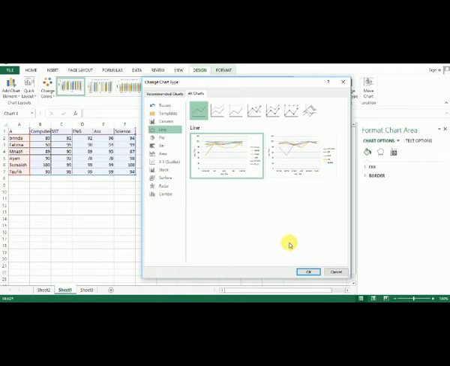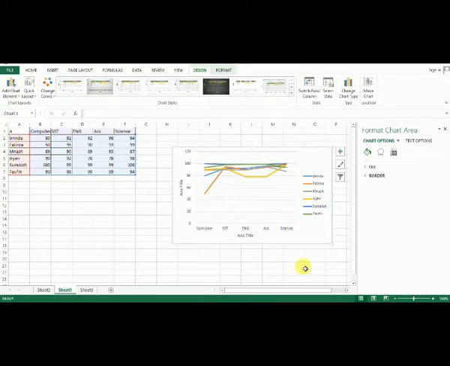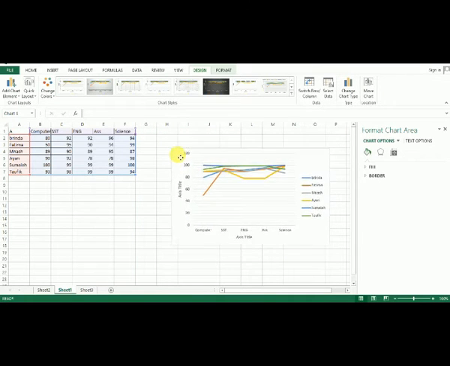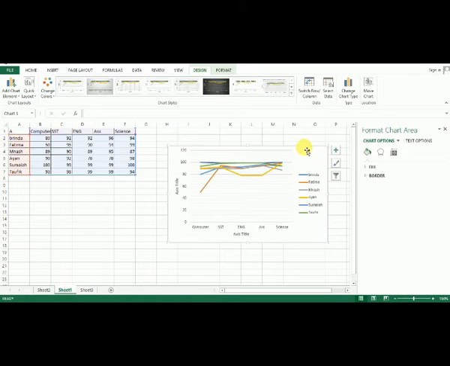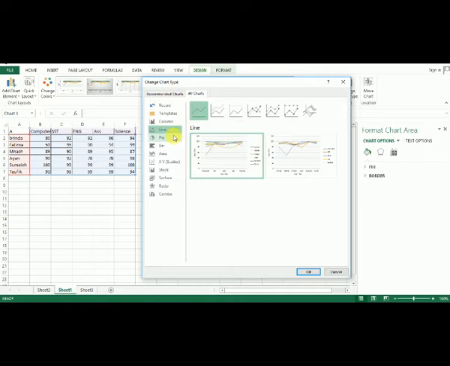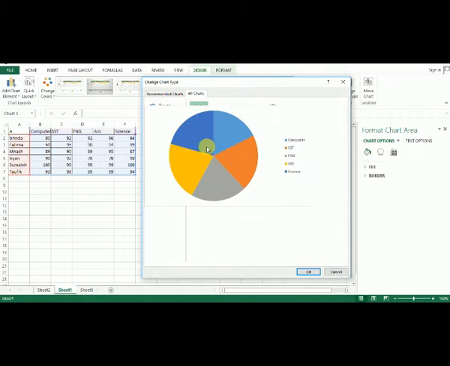You can see, yes, the line chart is here. But the chart data is the same, no changes. Only the chart type changes. Then I can use a pie chart.